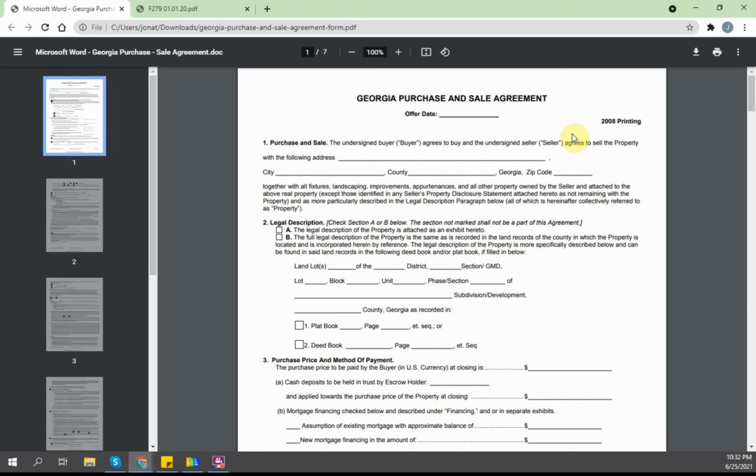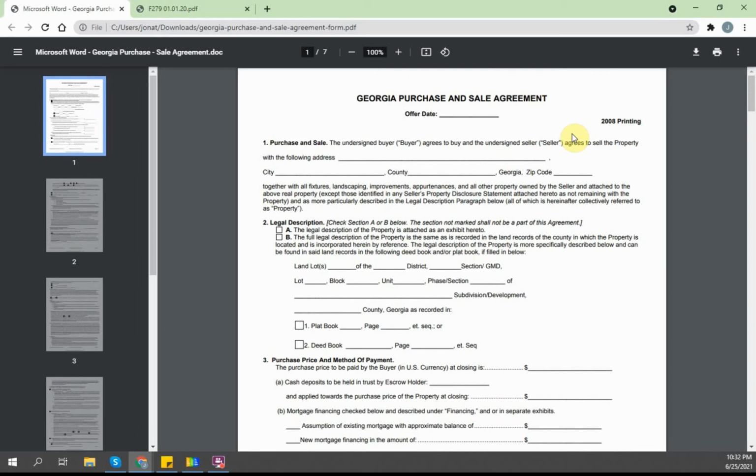So anyway, when you're done negotiating with the seller, and let's say you came up to a price, you agreed on a price, then you and the seller are going to get into this contract. You and the seller are going to sign this contract. I'm sure you've heard of the term "on the contract." That's this contract, the purchase and sale agreement.